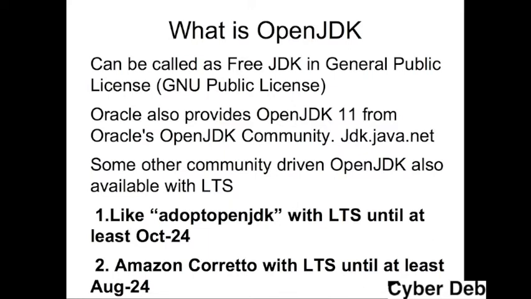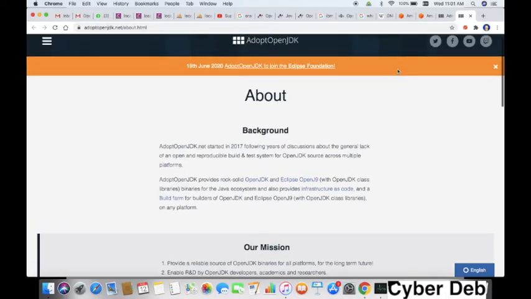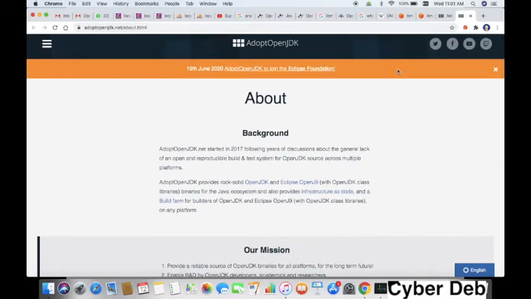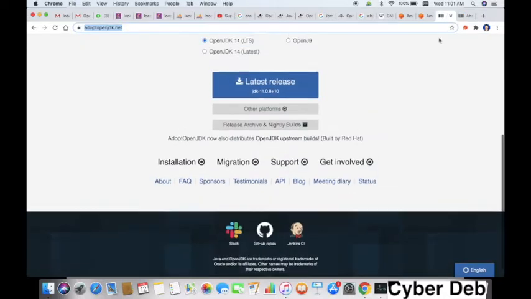That is what they have mentioned on their websites. So let us have a look at the websites. First, Adopt OpenJDK. Who is behind it?